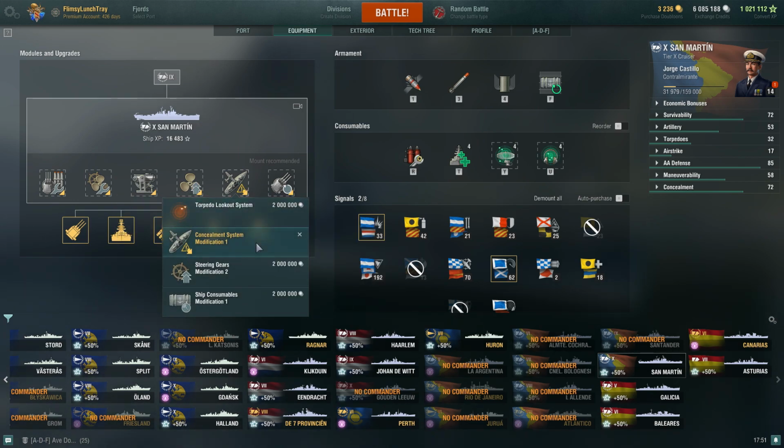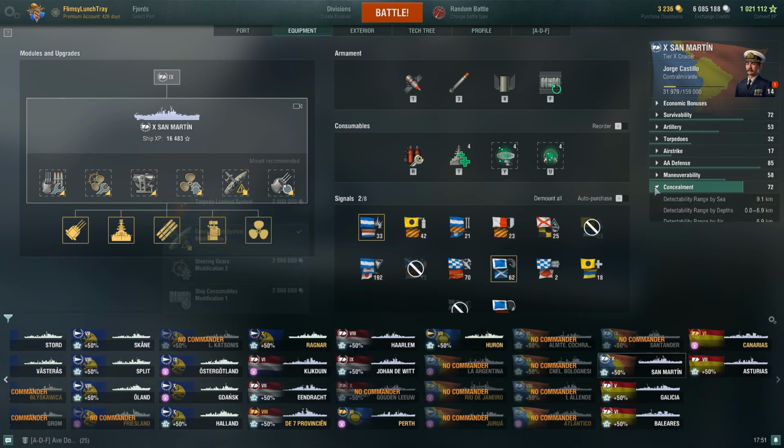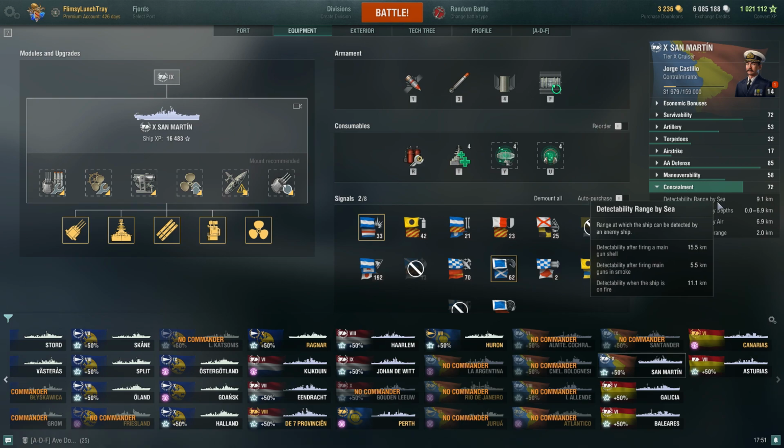For the fifth slot, if we're going for the pretty standard San Martin build, where we are building it to conceal, we reduce our ship's detectability range by air, but dispersion of shells fired by enemies attacking is +5%, so slightly worse dispersion when enemy ships are shooting at our ship. 5%, it's not amazing, but it is something nonetheless. So that brings, with our commander also having concealment,